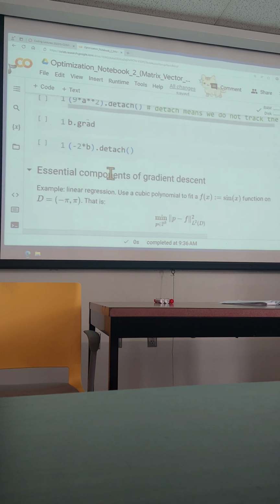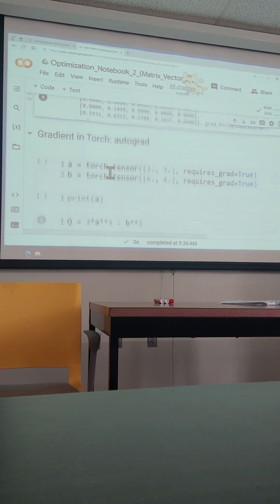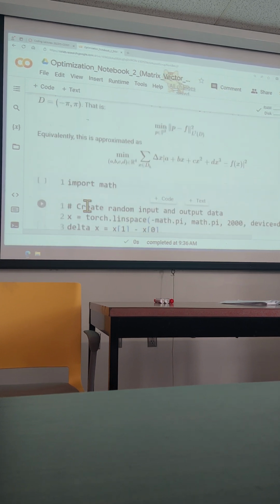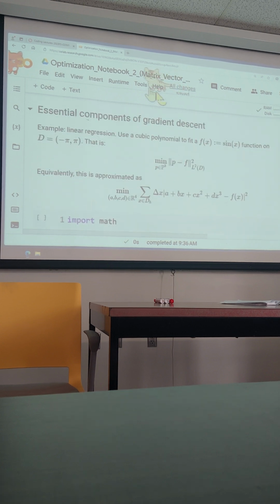Yeah, let's skip the autograd part. So now let's see a simple gradient descent algorithm. The simplest one is we use